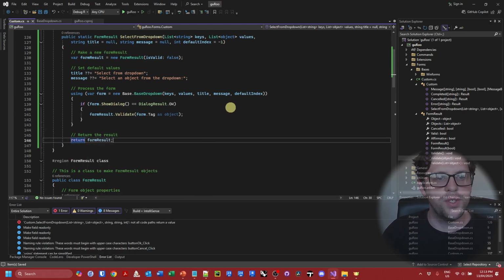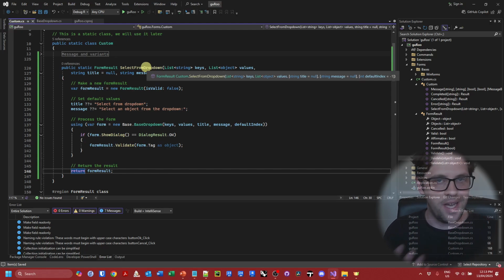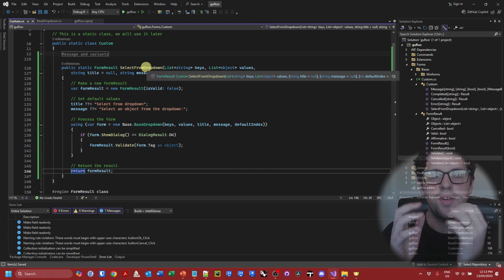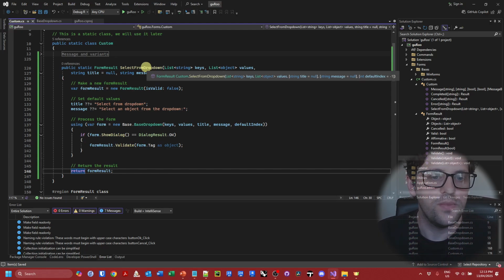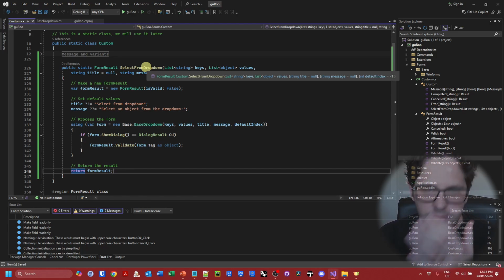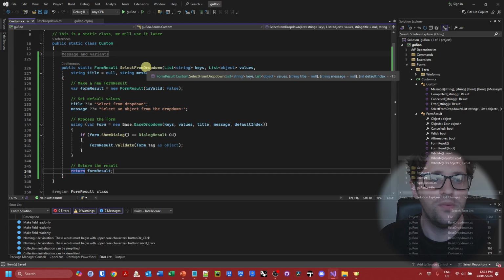And that will satisfy the return type of our form, and it now functions as intended. So now we have a means of calling on our form using a list of objects. We're going to go one step further than this again, and we're going to create a specific form that implements